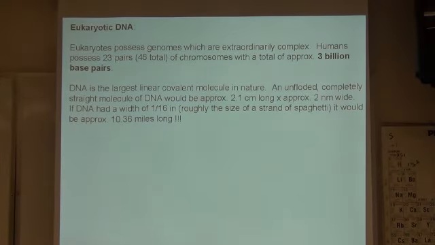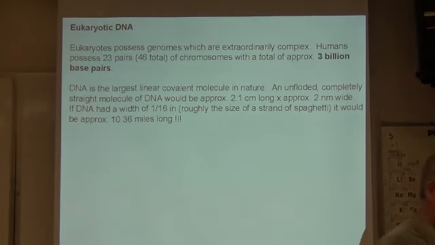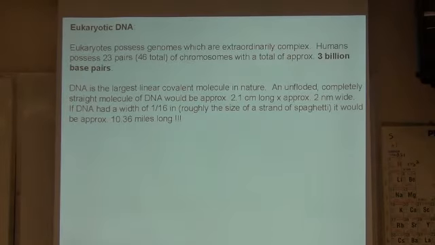Eukaryotic DNA. 3 billion base pairs. 3 billion. Now, they just completed the Human Genome Project where they sequenced the human genome. I think that was completed in the early to mid-90s, don't quote me on that. But it took an awful lot of laboratories an awful long time to sequence the human genome. And we were alive when it was done, so that's a novel discovery in molecular biology and biochemistry.